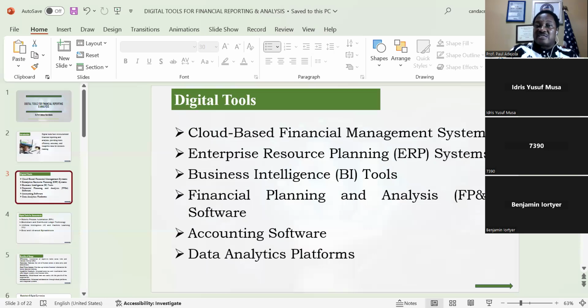But for these business intelligence tools, I've given us example, like Tableau, Power BI. All you just need is either to import your data, or if you want to type the data direct, then you click what you want that software to do for you. Unlike the Microsoft Excel or the spreadsheet that you have to put the formula. But that again is for Microsoft Excel or the spreadsheet that is installed on your system.